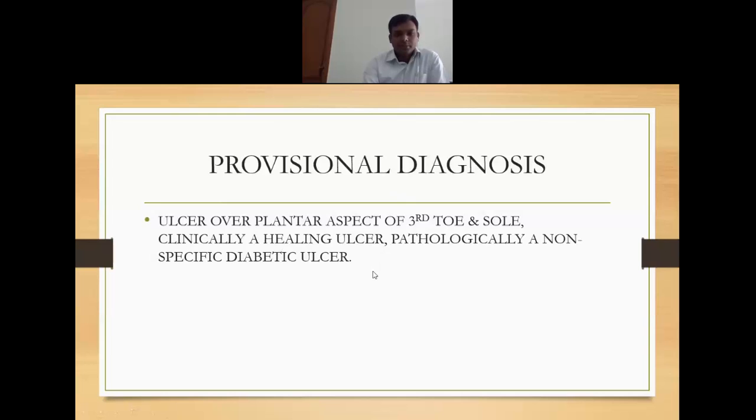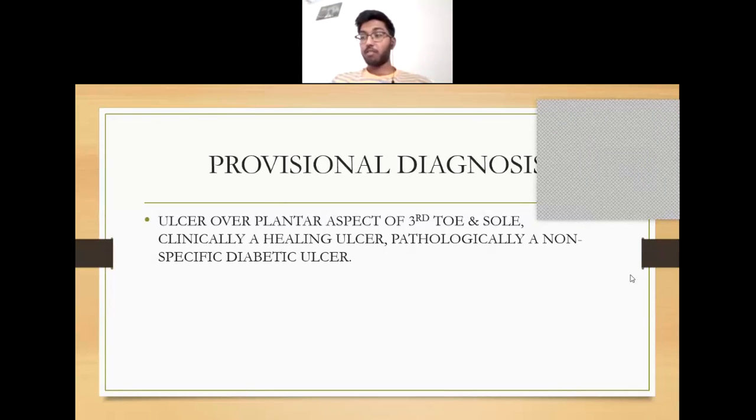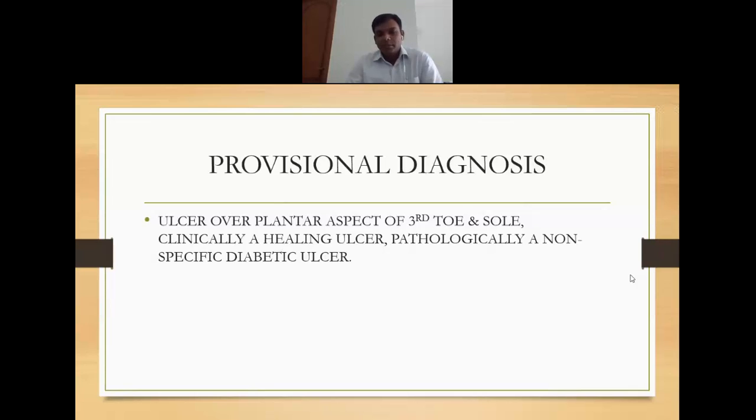Clinically healing ulcer, and pathologically what you have written is non-specific ulcer. Okay. What are the types of ulcer? Sir, we can divide it into specific or non-specific ulcers. No, no, no. See, when I ask what are the types of ulcer, by default, if I do not tell anything, it is the clinical types of ulcer, because clinical is a type of clinical examination. So that is more important rather than pathological classification. So what are the types of ulcer? It can be a spreading ulcer, callus ulcer, or a healing ulcer.